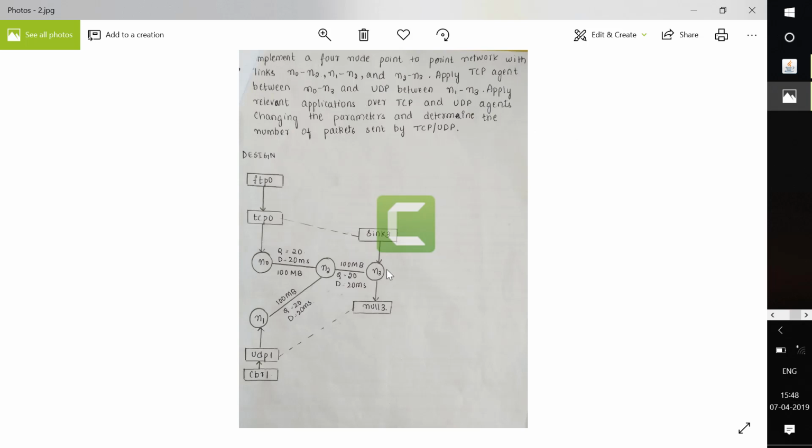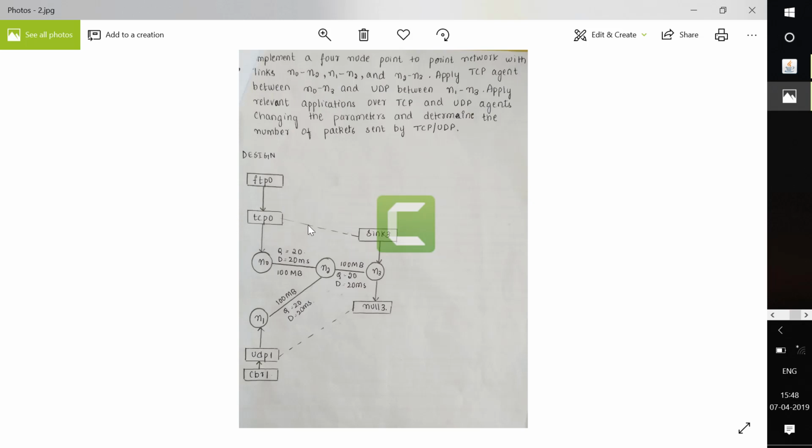I have created 4 nodes, N0 to N3, with a link from N0 to N2. They have said that you need to connect N0 to N2, then N1 to N2 and N2 to N3, and apply a TCP agent between N0 to N3. This is node N0, and I need to apply a TCP agent.